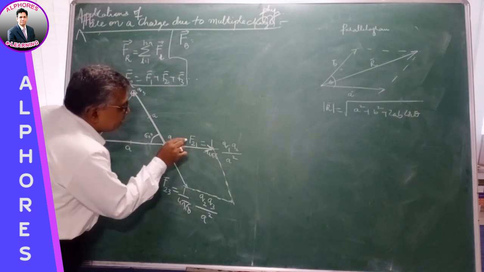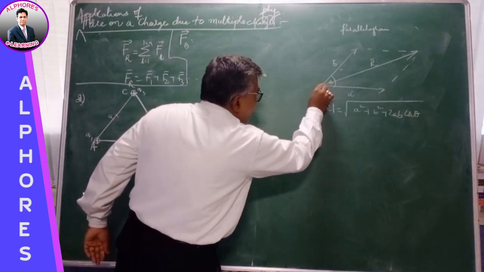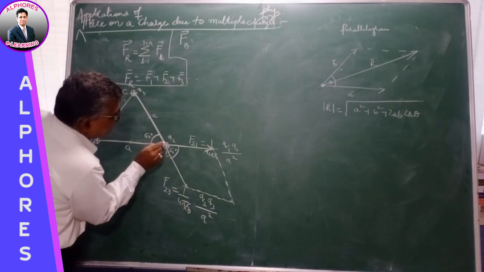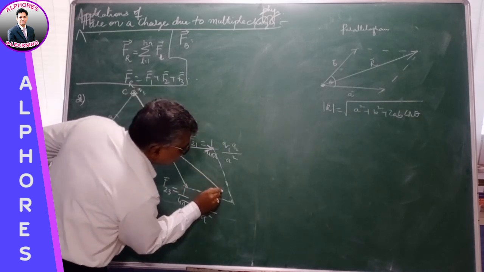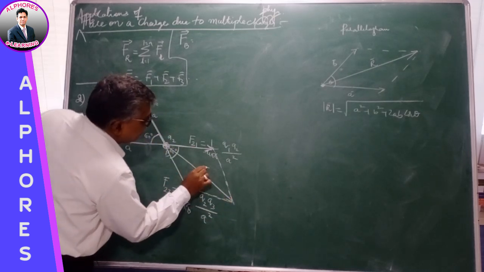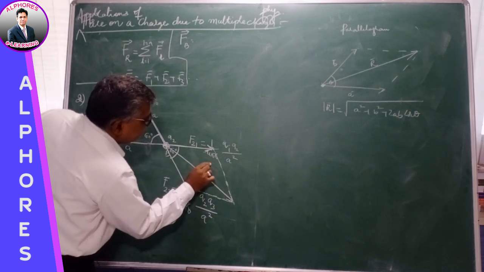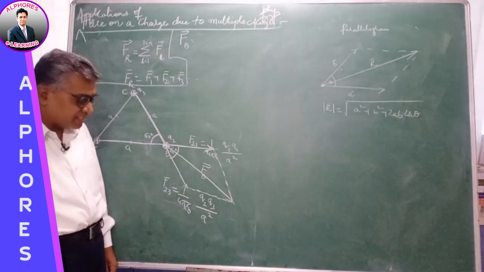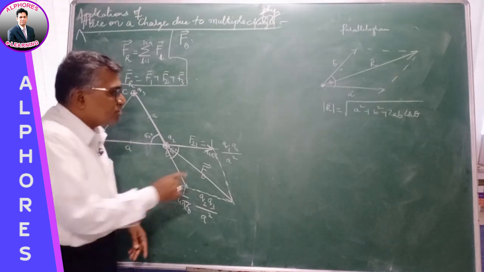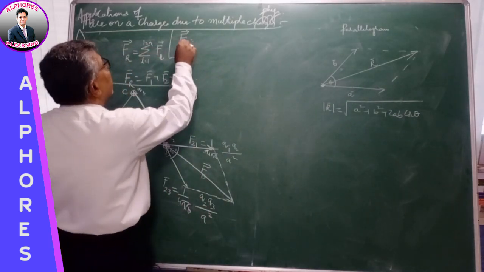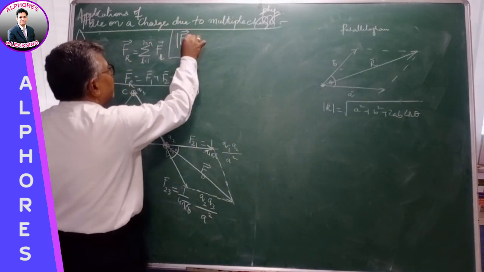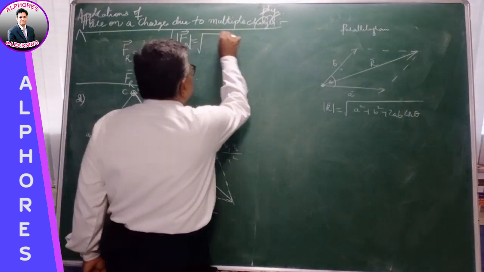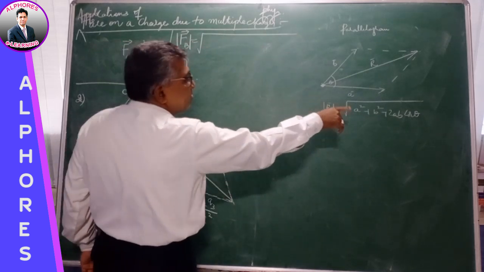Now the resultant of these both is given by the diagonal passing through the point. So from the point of intersection of the vectors, the initial point, this is the diagonal. So the resultant force on B, F_B, is the diagonal passing through the point of intersection of the forces there. Applying this formula, the magnitude of the total resultant force on the charge at B is under root of a square plus b square plus 2ab cos theta.